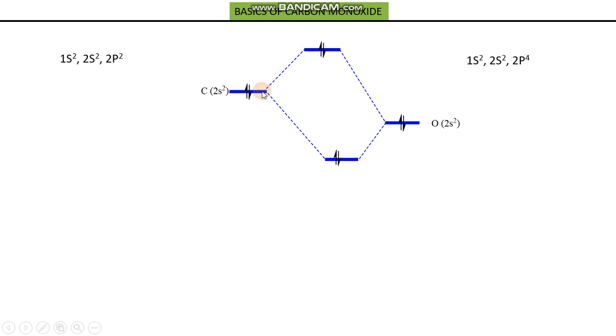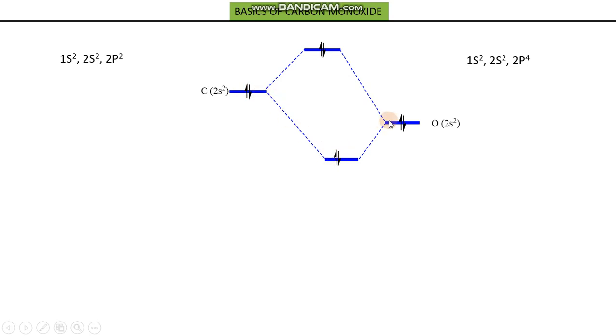The structure, probably you are also aware of, is drawing or making the molecular orbital diagram for a species. Whenever electronegativity is different in both cases, we have to place the species which has the highest electronegativity lower in energy, and the orbital of the species which has low electronegativity should be higher in energy. It means the orbital of carbon is relatively unstable compared to the orbital of oxygen, which is stable. On this axis we represent energy, and energy will increase upward.